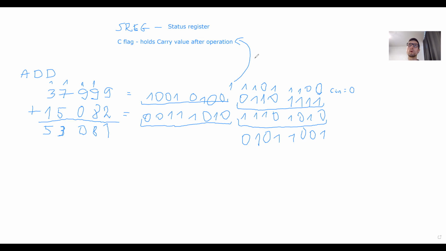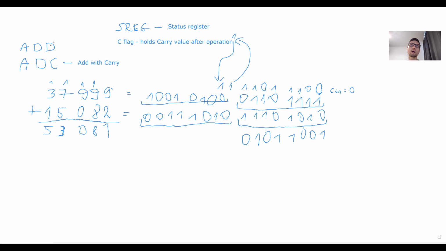And then when we want to add the top 8 bits, we don't use the function add, we use another instruction, which is called ADC. And this translates to add with carry. So what this does is it takes the carry, the one we stored, from the status register